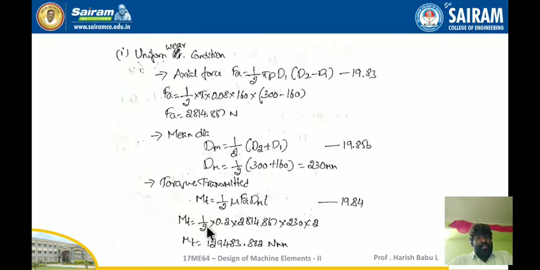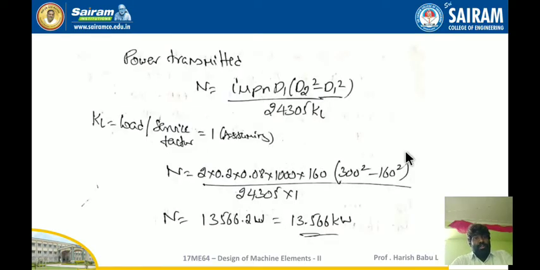So Mt is equal to 0.2, that is mu. Fa value I'm going to substitute over this, and dm which is calculated as 230, and i is equal to 2. I'm going to get Mt is equal to 129,483.882 Newton mm. So now once you got the torque, I'll go for the power transmitted, that is N